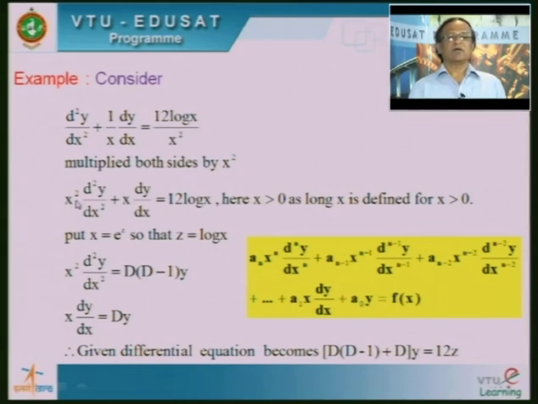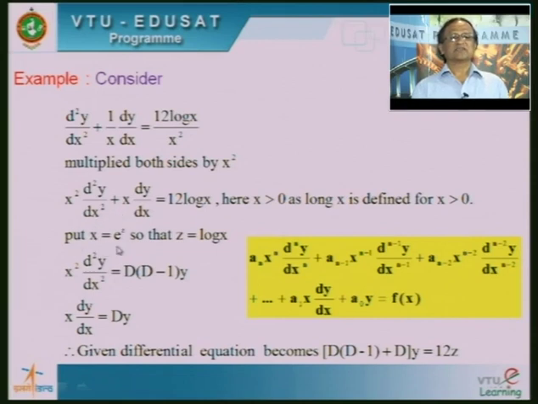Now, I can verify whether it is a Cauchy linear equation or not. For the second derivative, the power of x is 2; for the first derivative, the power of x is 1; and the right hand side function is not equal to 0. So, clearly this is a non-homogeneous Cauchy linear equation. Here I have written the general form of the Cauchy linear equation. You can compare this equation with this, so we will come to know. So, clearly it is a Cauchy-Euler equation, and we know the method.